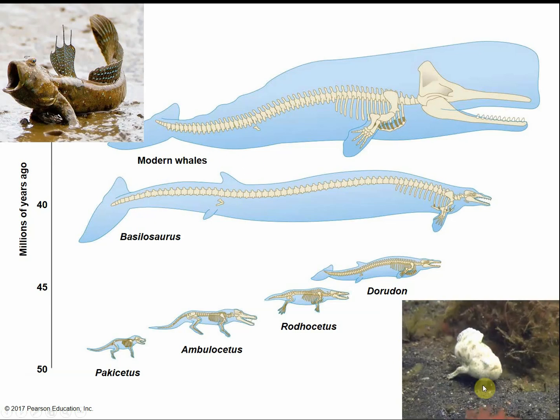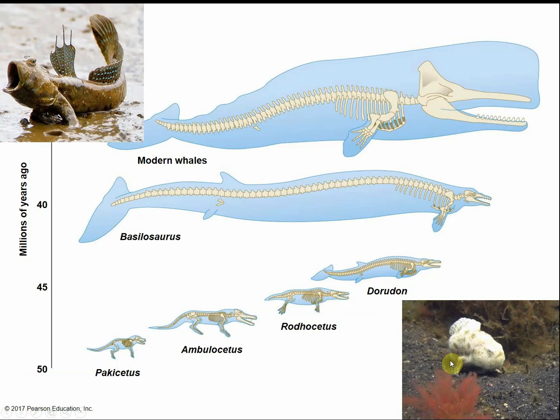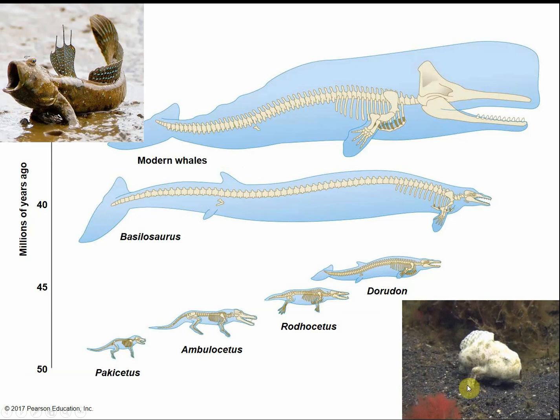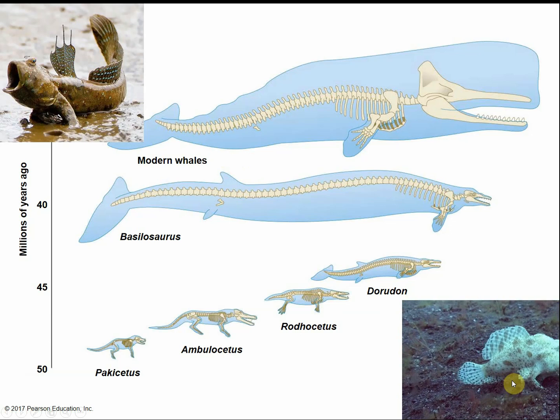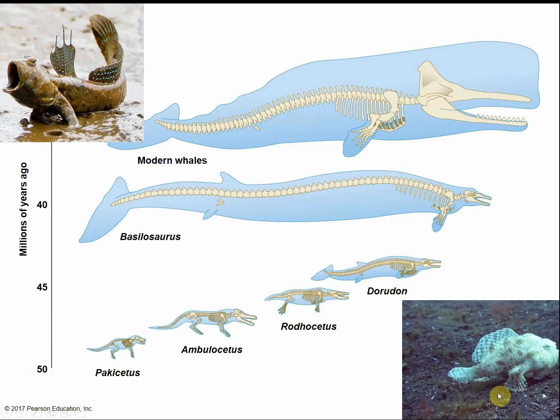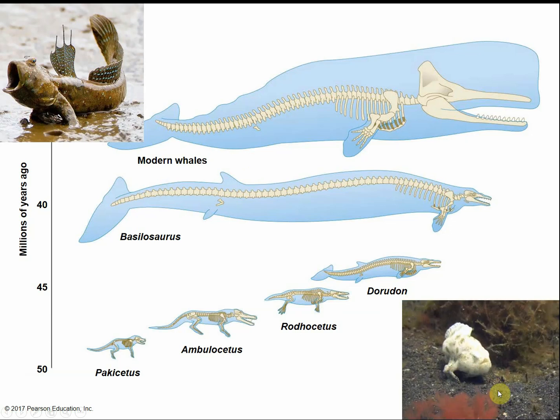Another example is the frogfish. So it's the early evolution from fish to amphibians, as well as growing limbs, so locomotion, walking on actual limbs as opposed to swimming with a fin.